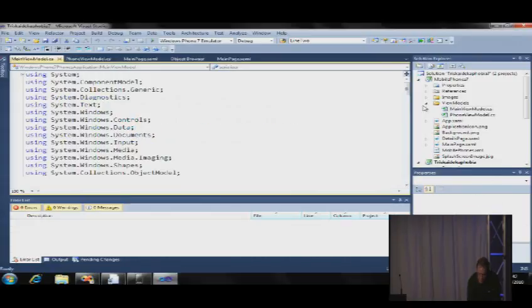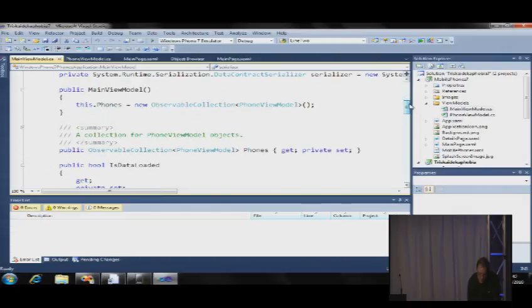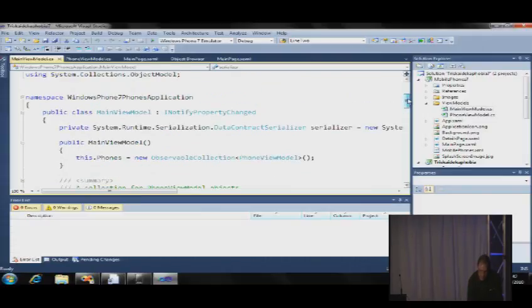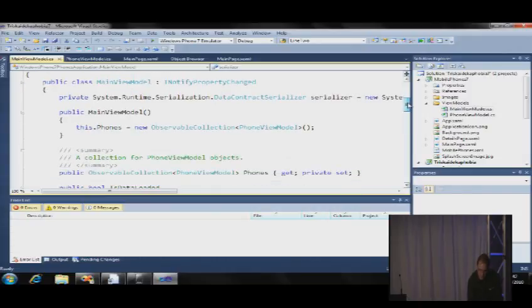So then there's the main view model, which basically has a collection within it, which you can see is an observable collection of the phone view model type. And we've added the extra stuff in here, which isn't in the original sample. So we've added a serializer, which is a data contract serializer. And this is a type which can basically take any type that you've described and serialize it to XML and back again. And because our type contains